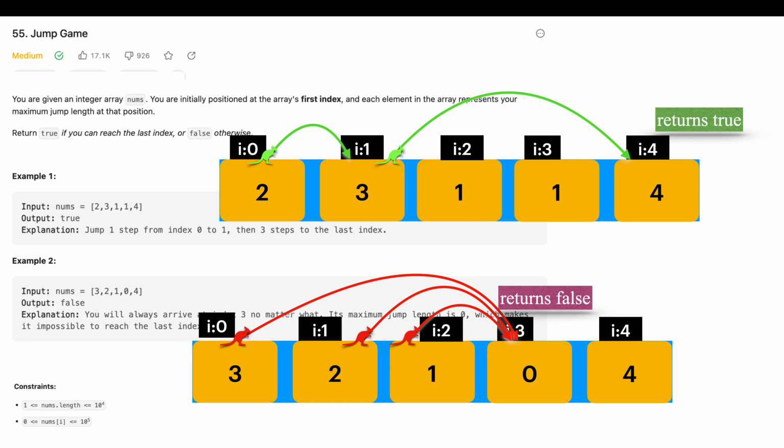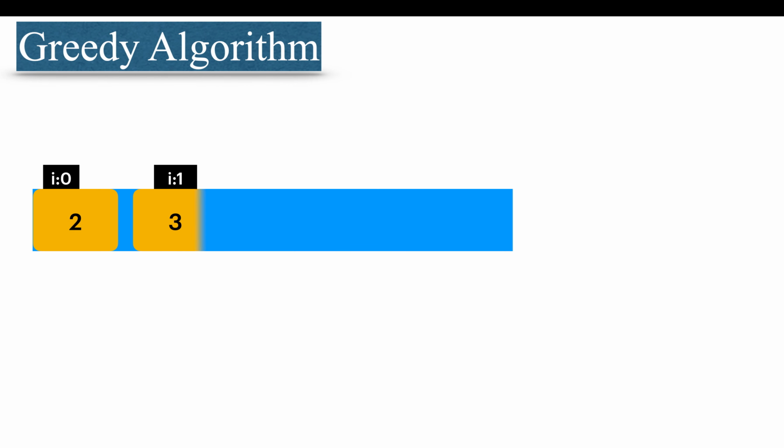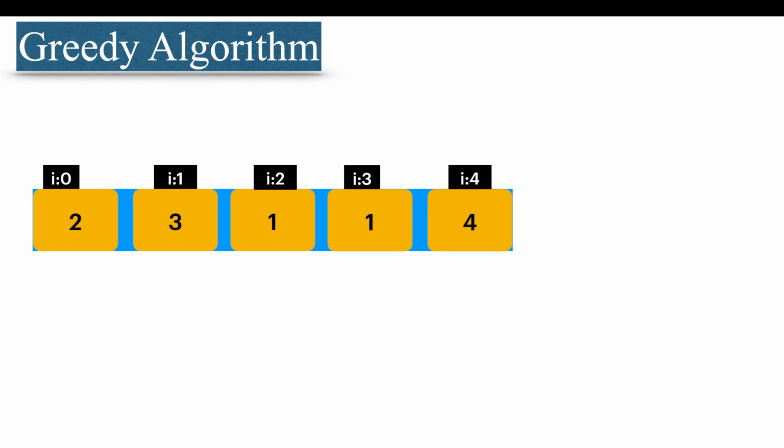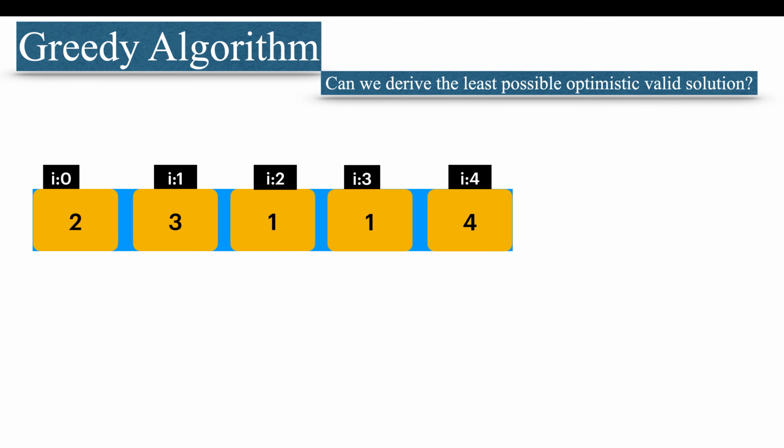That's it. It's a very good technique from greedy algorithms. So let's see how we can solve it. When we are thinking about a greedy solution, first we figure out the least possible valid optimistic solution. In this case, if you are at index 4, it means you have already reached the end of the array. So my local optimistic solution, which is the last jumpable index, I am storing in the last jumpable index variable, which is